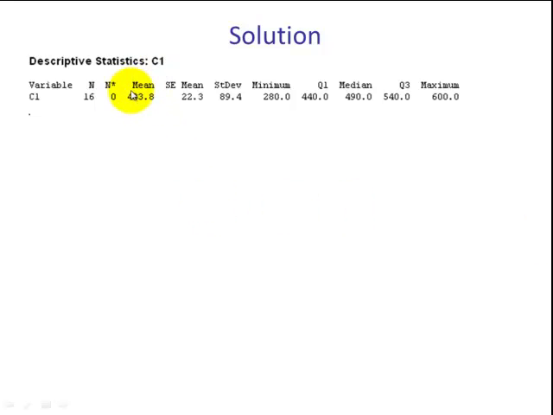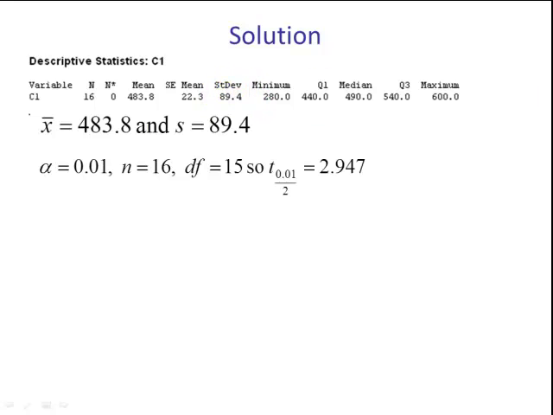We see that the mean is 483.8 and standard deviation s is 89.4. Our alpha is 1%, 0.01. Degrees of freedom 15. So t alpha divided by 2 from table 6 is